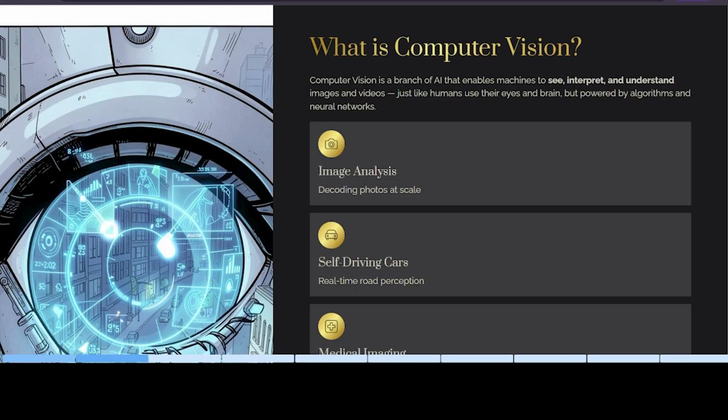Okay, so humans use their eyes to capture information and their brains to interpret it, right? For example, if you look at a picture of a dog, you will instantly recognize that it's a dog. You don't consciously think about its ears, tail, and legs, right? Your brain processes everything automatically. When you see a cat, you automatically recognize, oh, this is a cat, this is a human, this is a flower. Likewise, you automatically capture things.